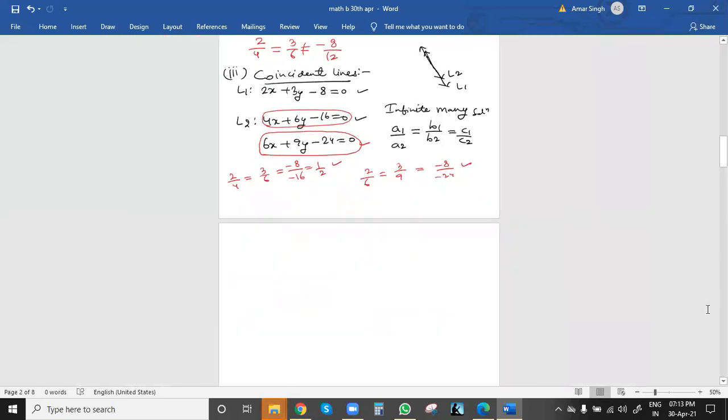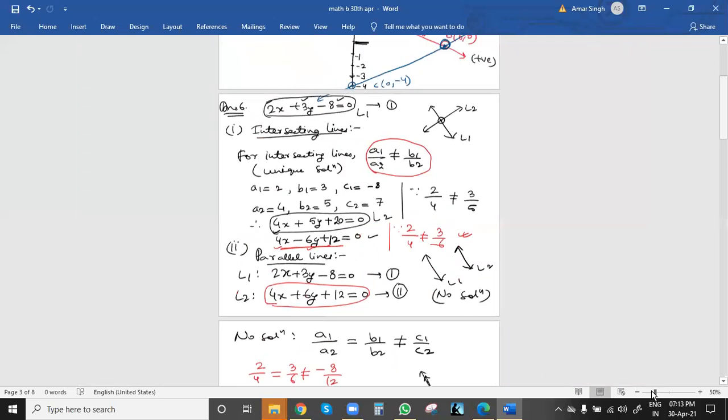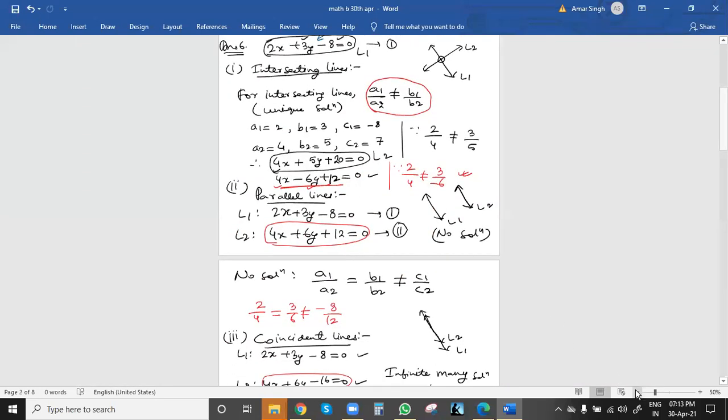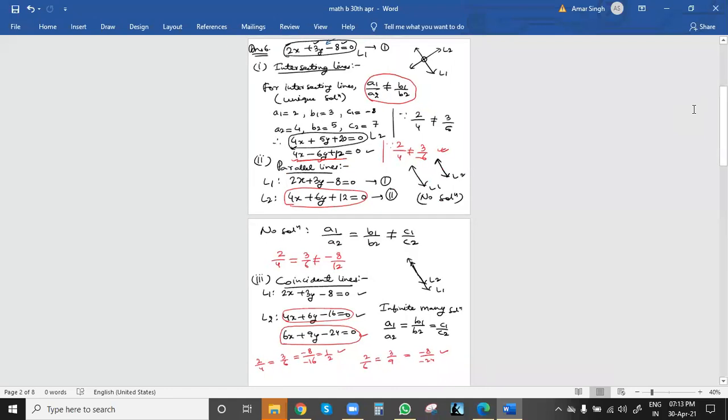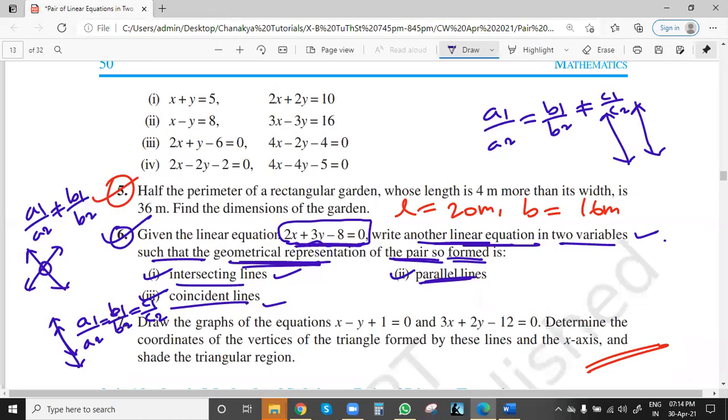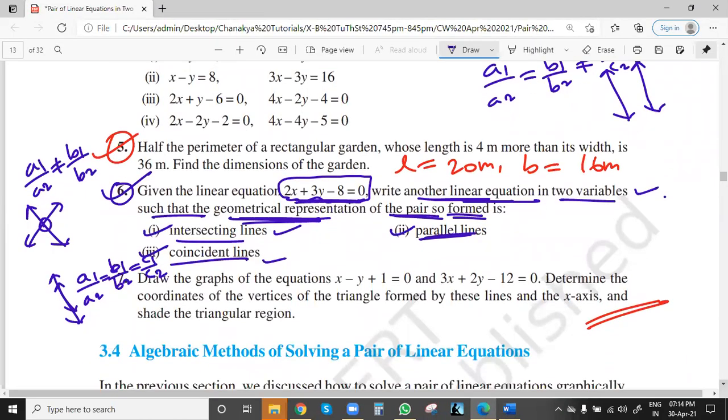I hope you got the understanding for all the 3 cases we had for this question. I'll upload this as a PDF, and the main thing is to understand properly, and by yourself you should be able to solve the questions. Take a photo or snapshot, and then we'll see one more question from the exercise. This was also from exercise 3.2. The next question also we'll take from the exercise itself, that is question number 7.